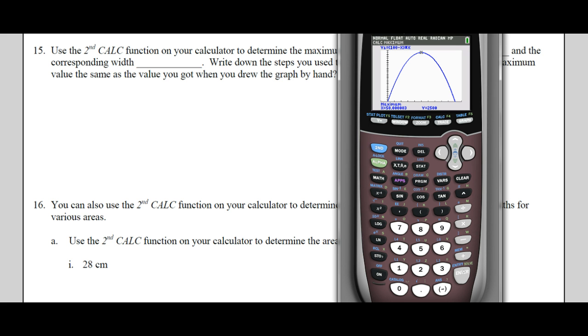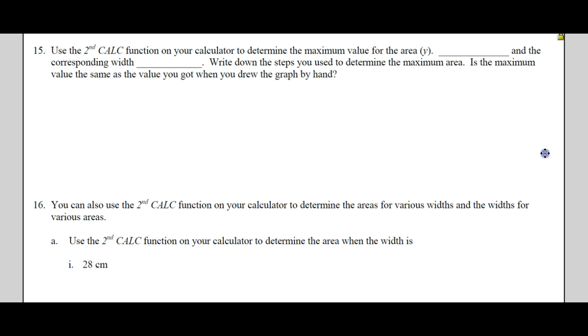We kind of ignore that .0000. Remember, this is calculated through calculator type methods, so they aren't always exact, but 50 is exact. So it's 50, 2500, right? So remember, x is width. We have a width of 50 and a maximum area, or an area of 2500. So y and the corresponding width